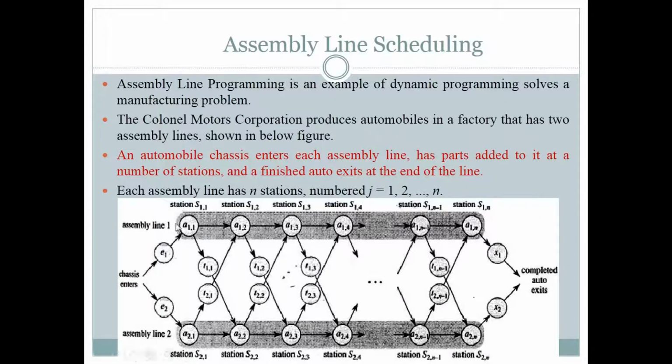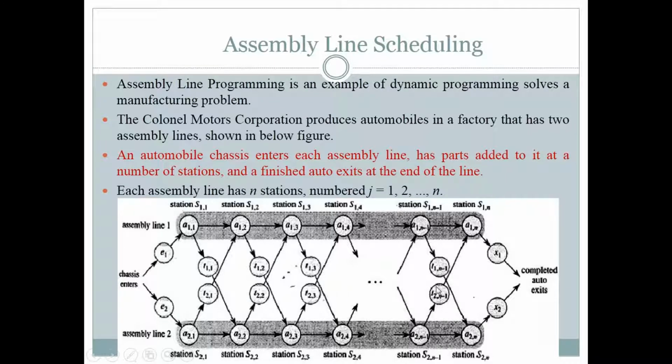If you go from station S11 to S12, then no extra cost will be added. But if you change your assembly line, meaning you go from this station to this station, then some extra transfer cost will be added to your cost.